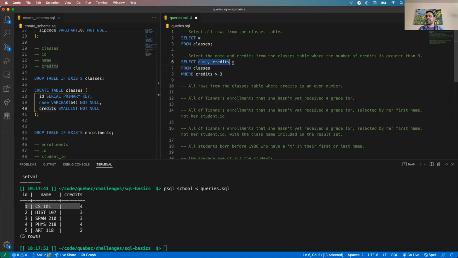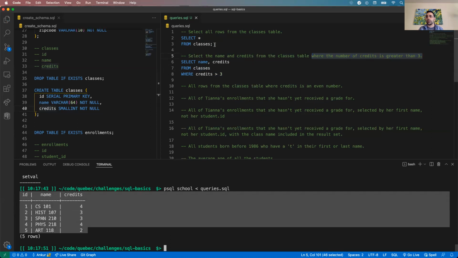So again, we are specifying now which fields we want an output because that's part of our requirements. We don't want every field. The requirements say name and credits only from the classes table. And then the where clause, again, this is our filter. It's not going to give us every record back. Our first query gave us every record because we didn't specify any filtering. The where will say, all right, only records that have fulfilled this condition, in this case where credits is greater